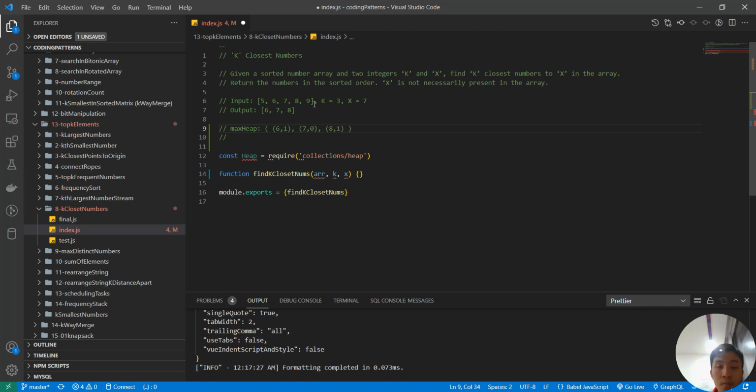and at the same time, at this point, we're done with all 5 elements, and we end up with 3 in the heap, right? And also these are the 3 numbers that we need, which is the 3 closest numbers to 7. Okay,